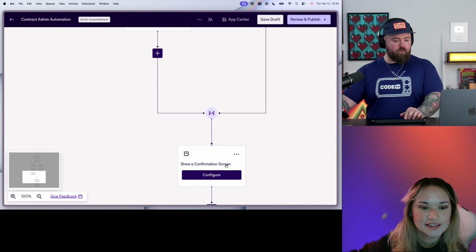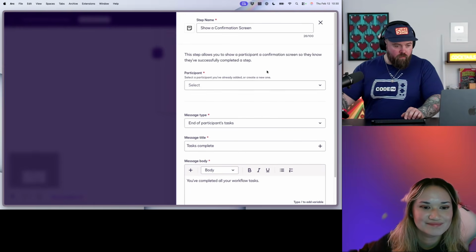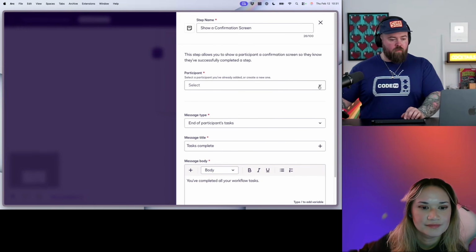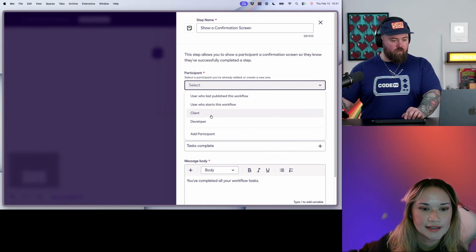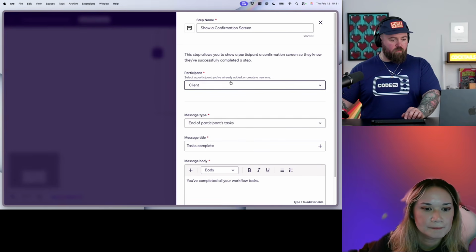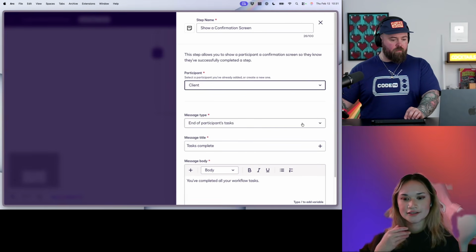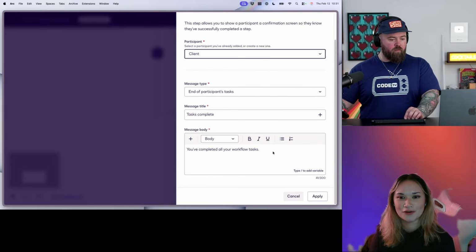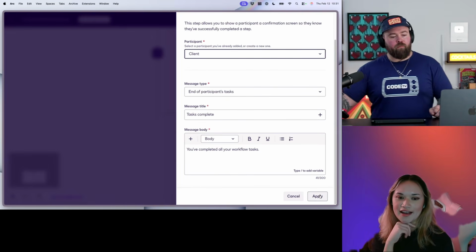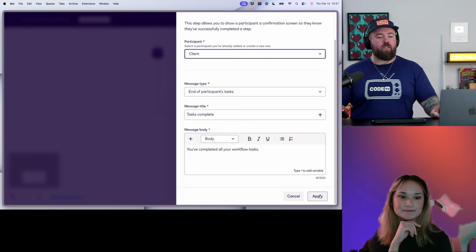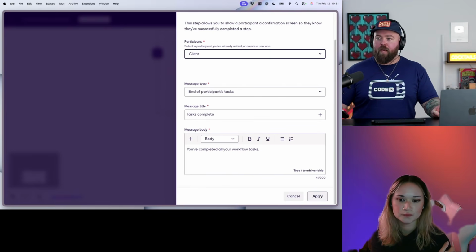Okay. Nice. And then we're going to configure. And let's do client. Nice. Okay. I like to add this screen because otherwise, when you trigger the workflow and you don't have this, it just kind of gets stuck in this little loading thing. So it is really important to have. Got it. And so this is why it's important to have the fields mapped to this client.